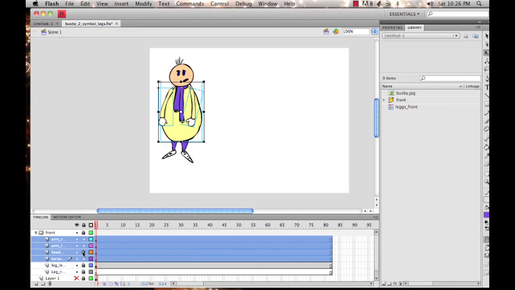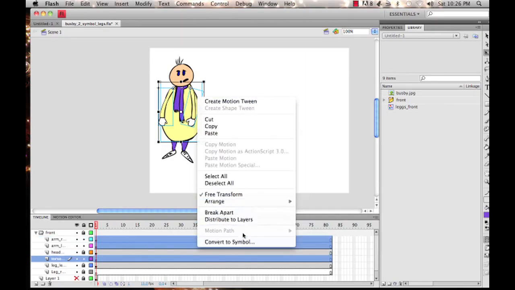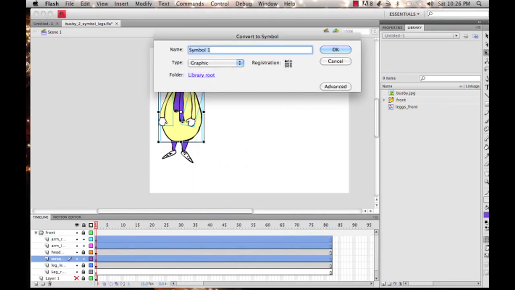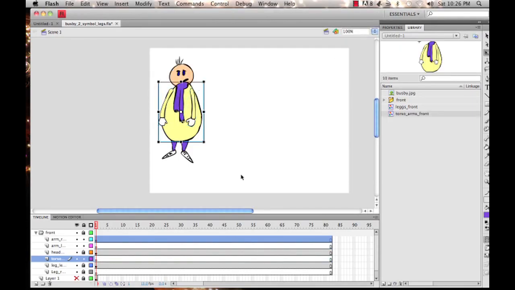Notice I've locked this, so it's not going to include that in my selection. Right click, convert it to a symbol. We're going to call the symbol torso arms front. There we go. Okay, now double click on it,